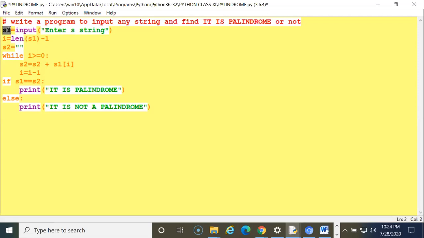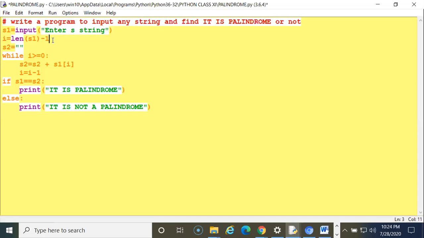Whatever s1 is holding, which you will get from here. len is a function, so it will be enclosed in normal brackets, where I have to place s1. It will take the length of s1 which I am getting from here, minus 1. Why minus 1? Beginning or ending, it will check with minus 1. From starting and ending it will check, it will take the length, then minus 1.